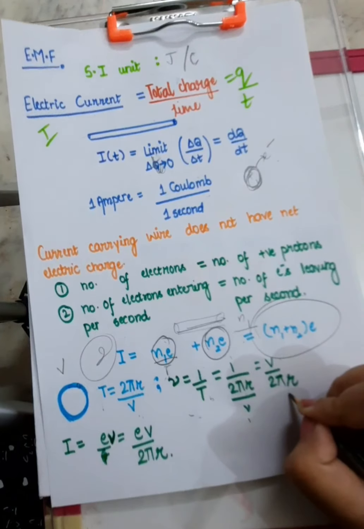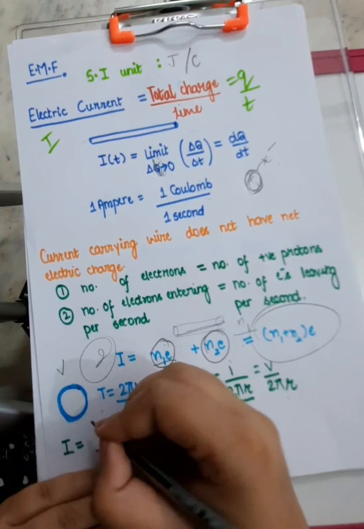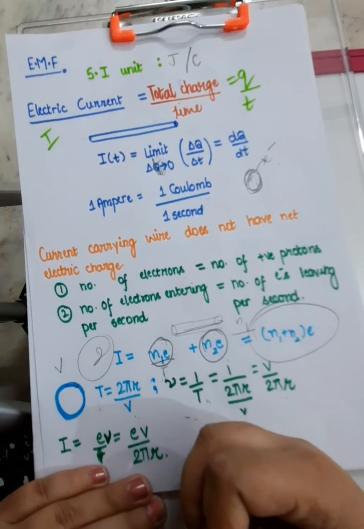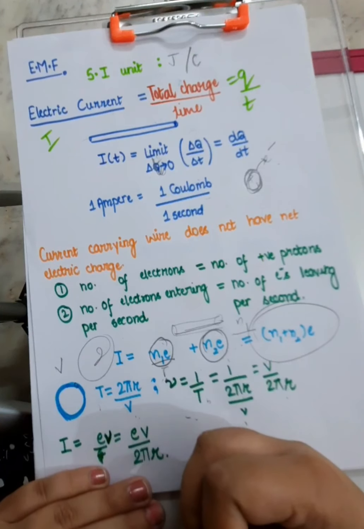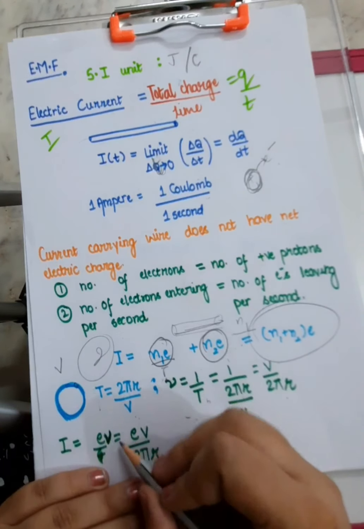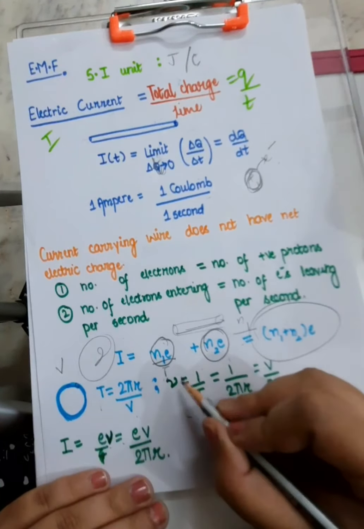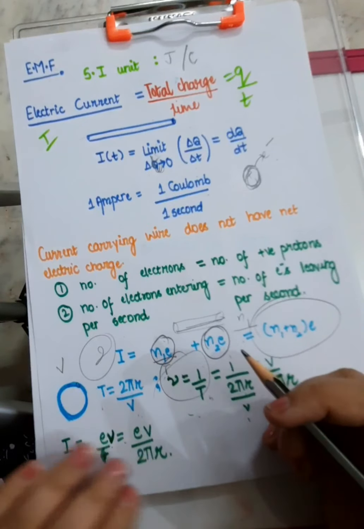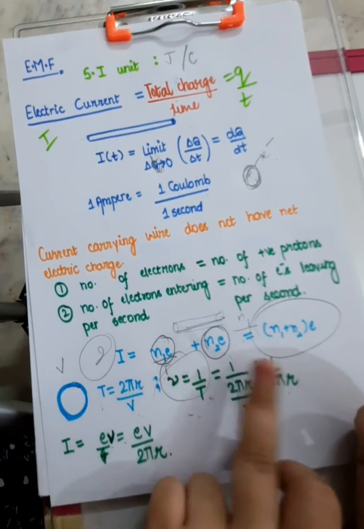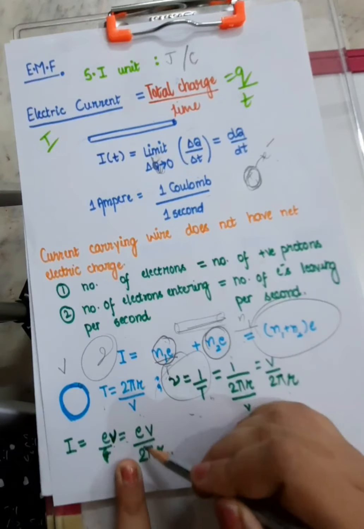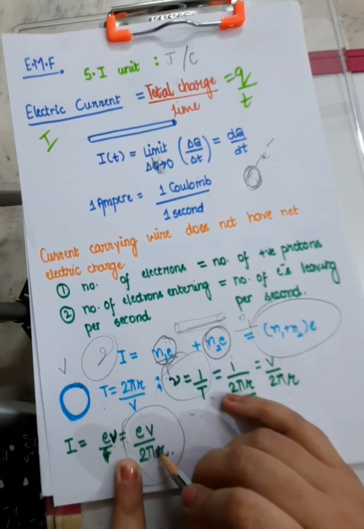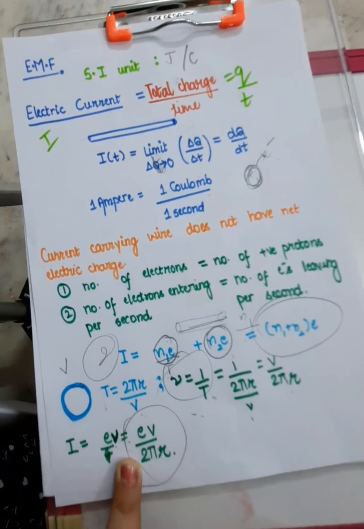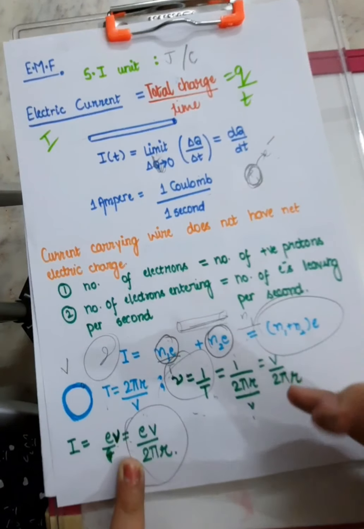And current means the charge which is flowing divided by time, or you can say the charge which is flowing in one revolution multiplied by number of revolutions. So that becomes e nu. Nu is frequency, meaning how many revolutions are happening per second. So current will be equal to e as it is, and what is the value of nu? This, and I have substituted it here. So this is actually the current which is flowing whenever some electron is revolving around the nucleus in an atom.